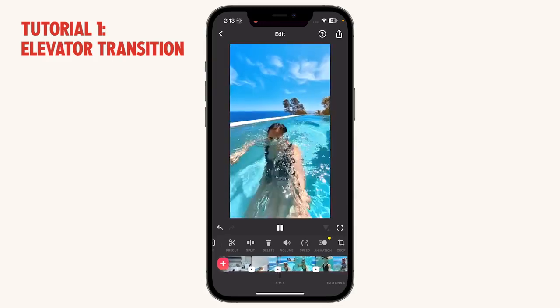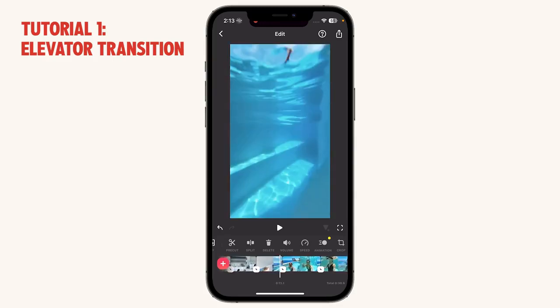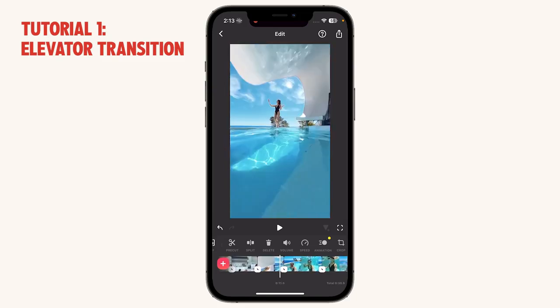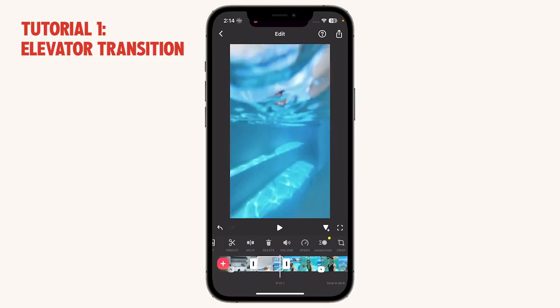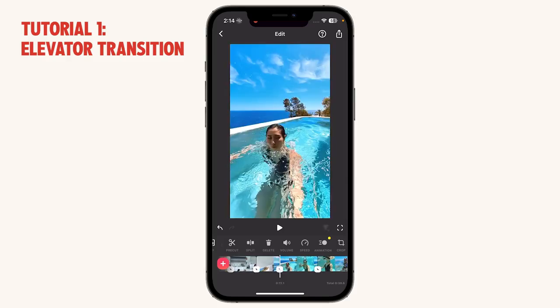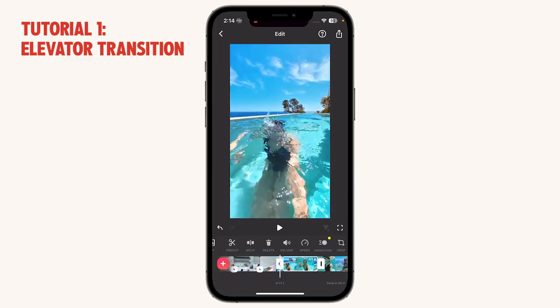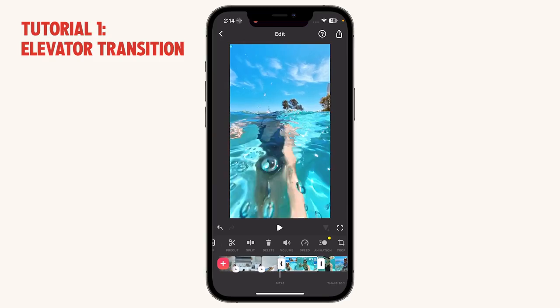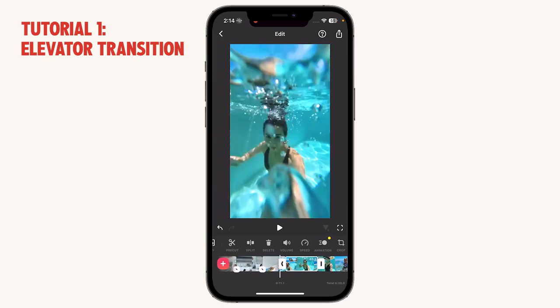I think that looks pretty good. And now it's going into the water. So you want to trim it right when you touch the surface of the water and go below the water right here. So you can split it right there and delete the rest. And now you want to trim the beginning of the clip to find the part where the camera meets the surface of the water, roughly here,